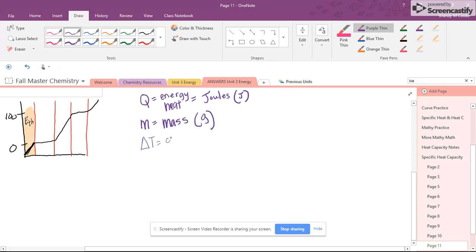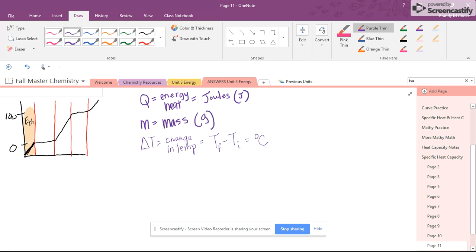So this is a change in temperature. And to calculate that, we're going to do the final temperature minus the initial temperature, or T2 minus T1. And our units, we want to always be in degrees Celsius. So we have a temperature change, we have M, we have Q, and then we have what we talked about